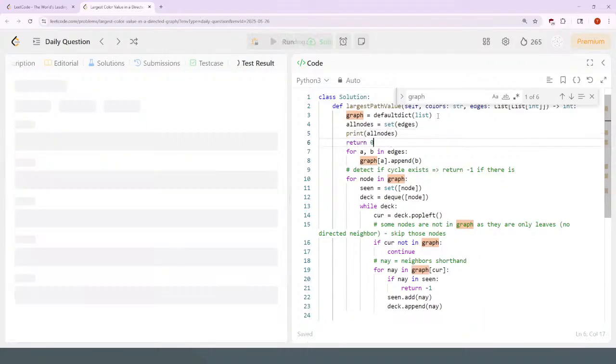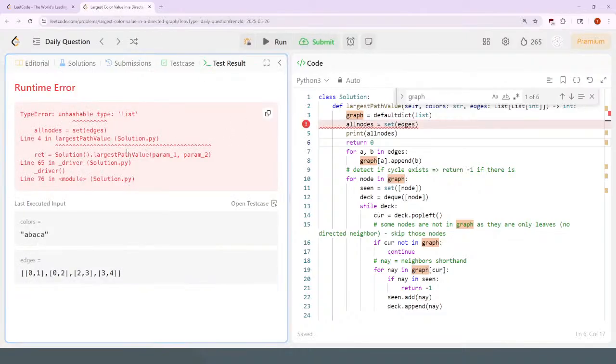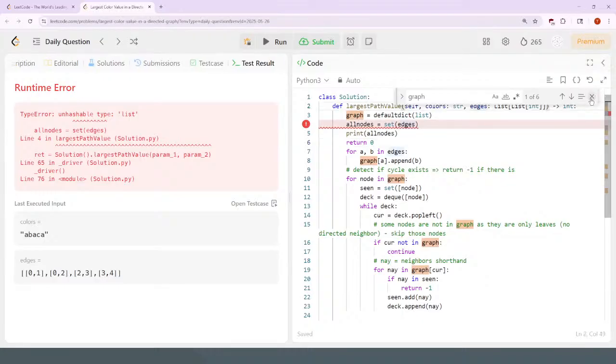I don't think I can, but yeah. So it's a list. Each edge is a list. So all nodes, it's going to be the set from